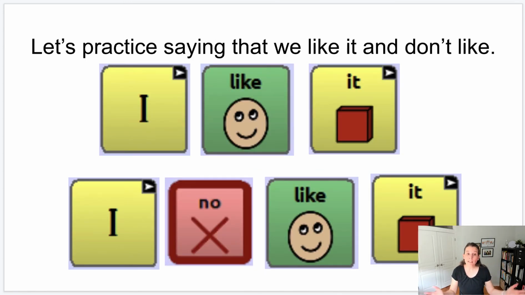Now, let's practice by saying that we like it or we don't like it. So everyone, get your boards ready. Are you ready? Okay. I like it. Everyone do that. Raise your hand when you've got it. Okay. Now we're going to try I don't like it. Now it's okay, we don't have to find do not for this purpose. It's okay to make it a little more simple. I know like it, or just no like it would work as well.